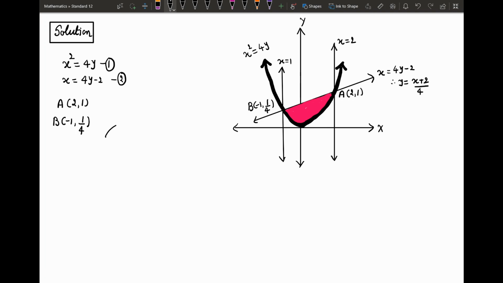So now we will use this formula. Suppose two curves y equals f1(x) and y equals f2(x)